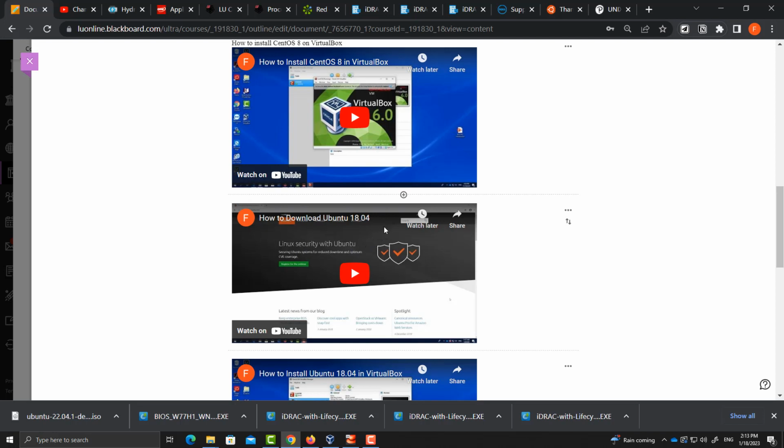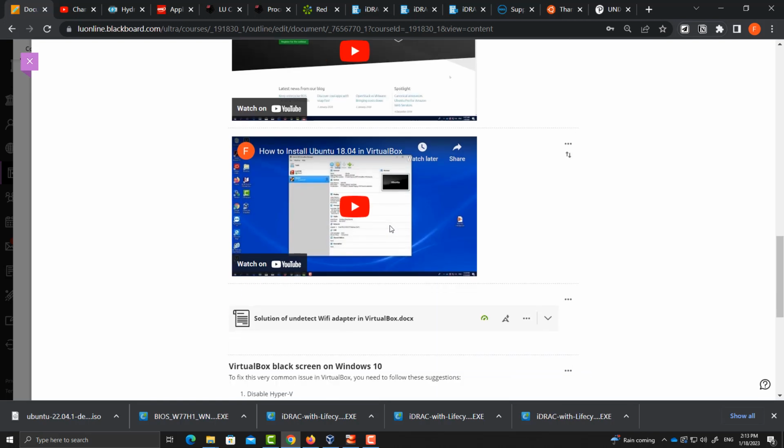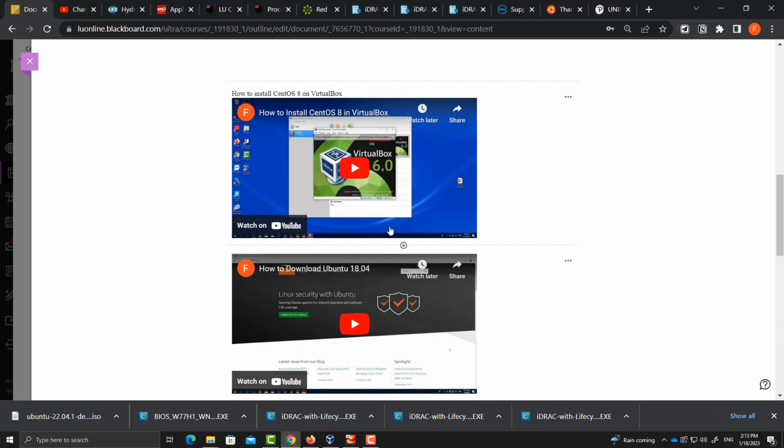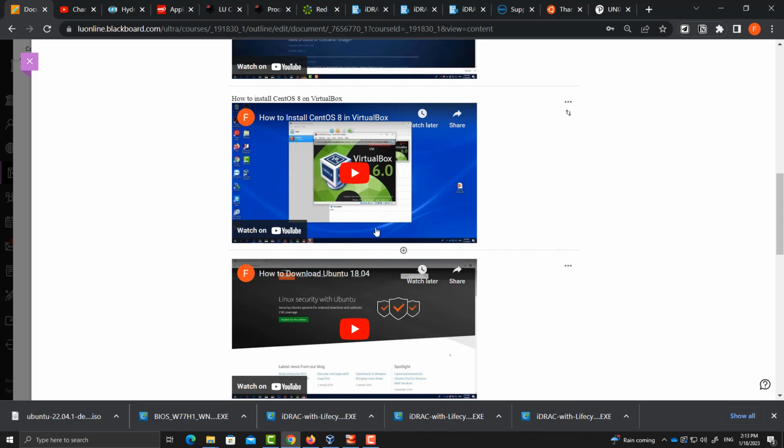It is very straightforward and easy, go through, install, no problem. The first week assignment is to build up your environment yourself. That means you need to install VirtualBox, and within VirtualBox you need to install CentOS and also Ubuntu, 2 distributions of Linux, into your VirtualBox.